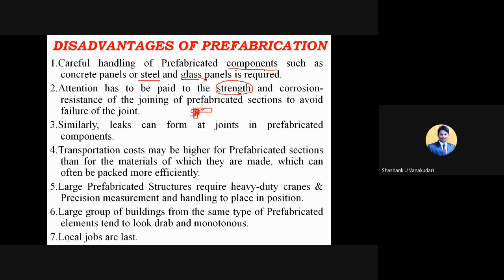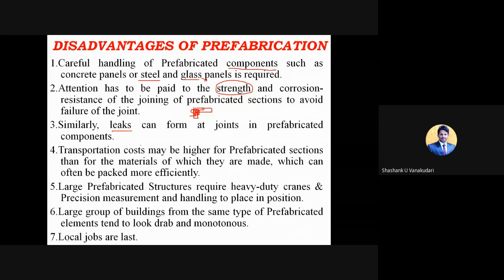What happens when you have not provided proper sealing joints between two structural elements is that it is going to impact those bars or connecting joints, and then it leads to corrosion, right? And similarly, leaks can form at the joints in prefabricated components when you have not properly sealed those joints with some sealants or adhesives. So that time the leaks can appear at the joint parts, especially in prefabricated components. That is also a main disadvantage of this prefabrication.